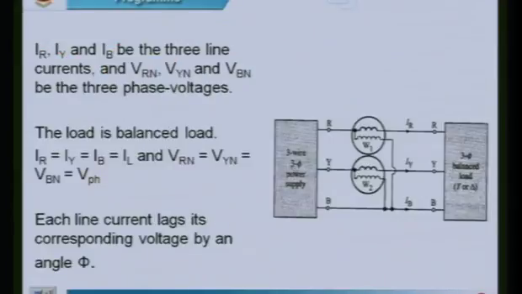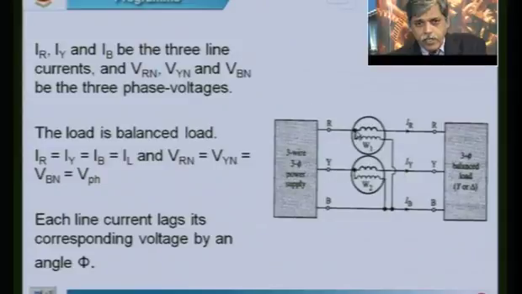There is a 3-phase power supply, 3-wire system, I have a 3-phase balanced load, and I have just used 2 wattmeters with readings W1 and W2. The current coil for W1 is in the R line and for W2 it is in the Y line. The voltage coils are connected across R and B, Y and B.